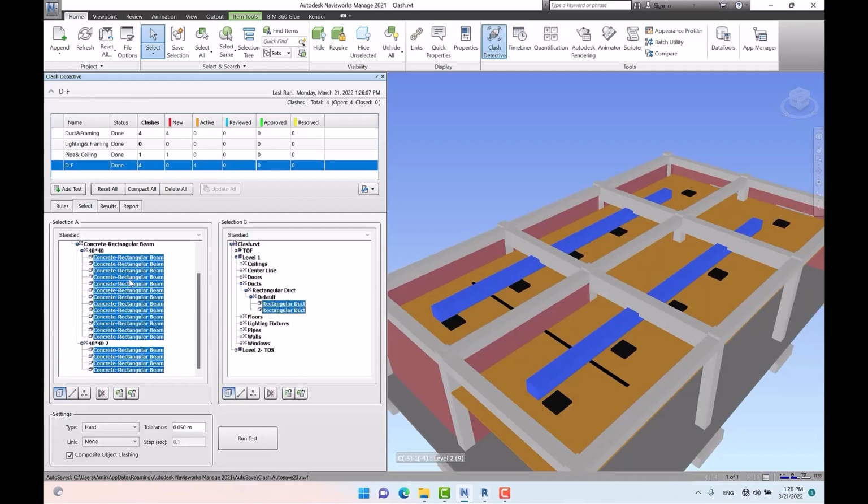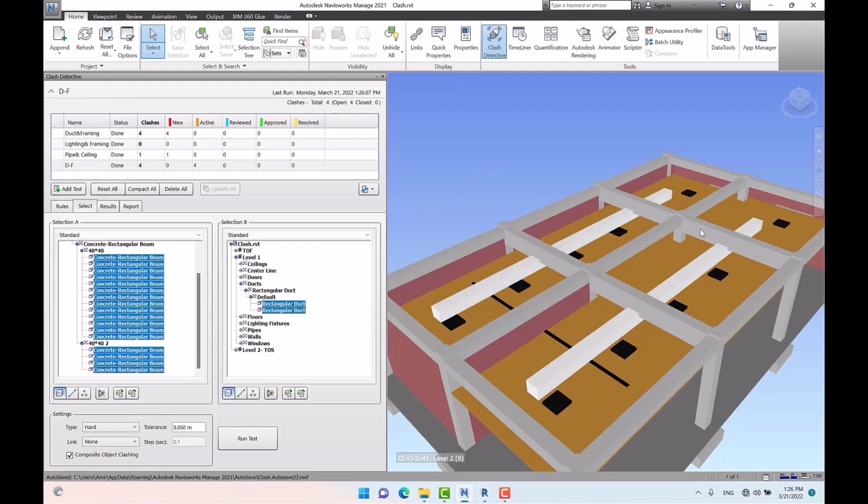Let's have a review about our third way. As I showed you in the third way, in our scene we select the objects, or use other ways of selecting elements which I told you before, for example find item or select same or selection sets or whatever you want to select your objects in your scene. After that you can associate them to the test criteria by clicking on use current selection. Then your selected object will be attached to the selection A and B, and as you know you should do it 2 times for the 2 types of your test criteria,